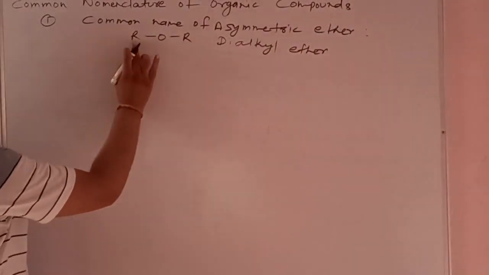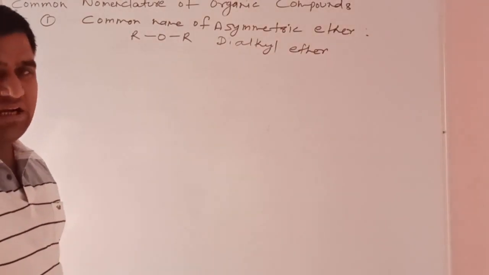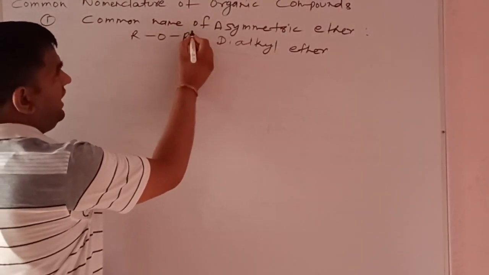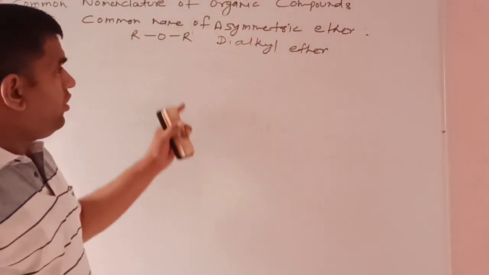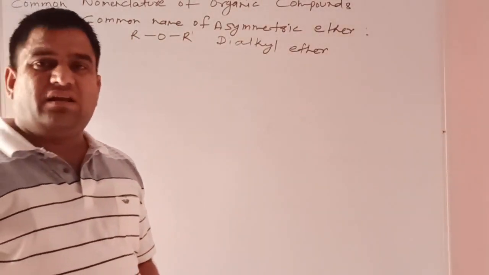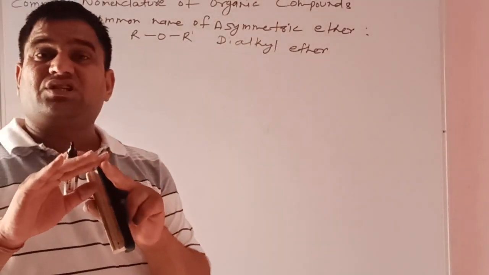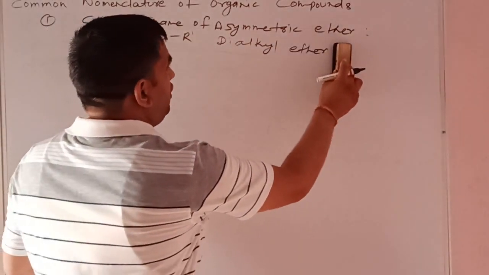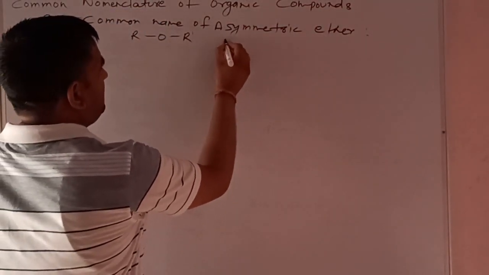In asymmetric ether, both hydrocarbon chains attached with oxygen are different. First is R and second is R dash. So in the common name, both hydrocarbon chains are written separately. दोनों हाइड्रोकार्बन श्रृंखलाओं को यहाँ पे अपन लिखेंगे अलग अलग. So the common name of asymmetric ether is